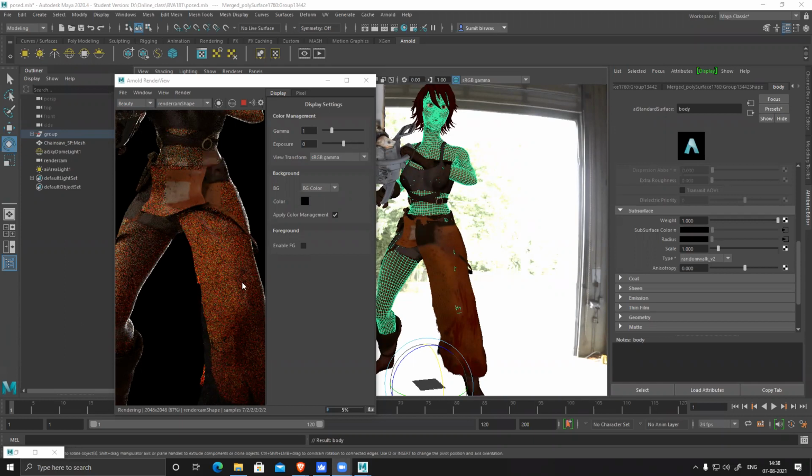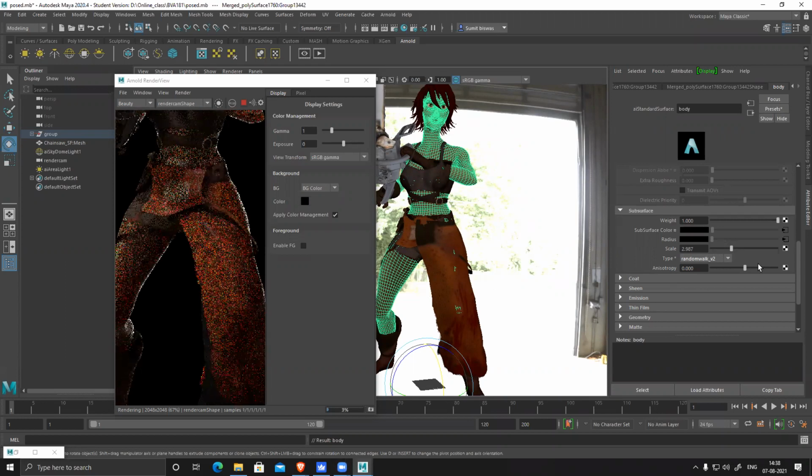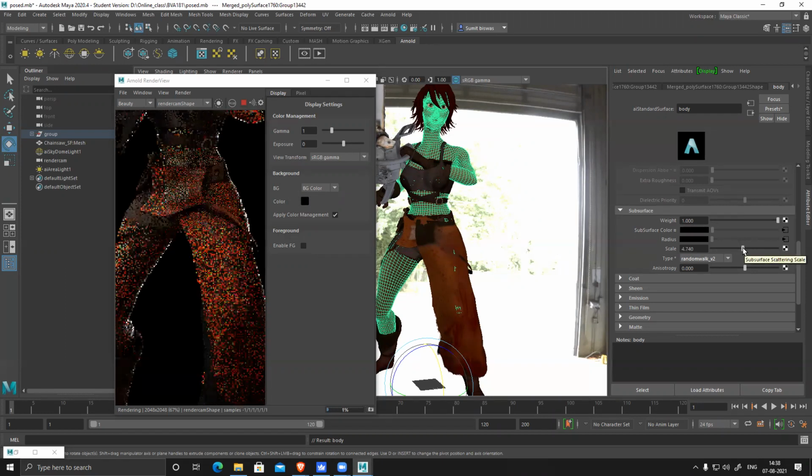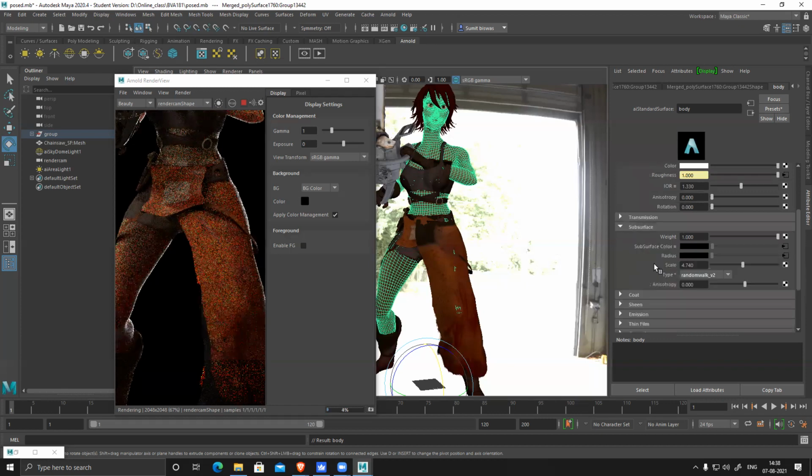Okay. So this thing, if I want to make it a little bit more translucent, I can definitely increase the scale and increase it. No transmission. So you can see automatically this part becomes slightly brighter because now it becomes translucent. Here also you can see the backside becomes slightly translucent.